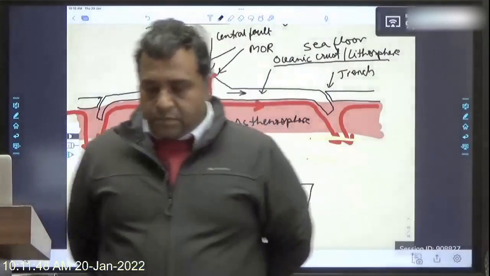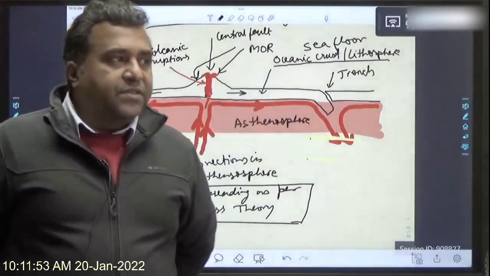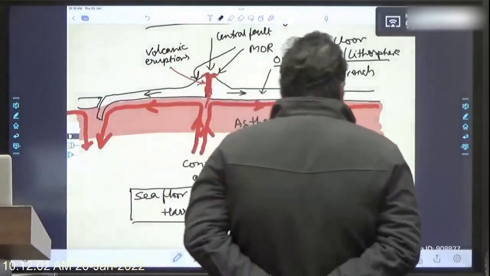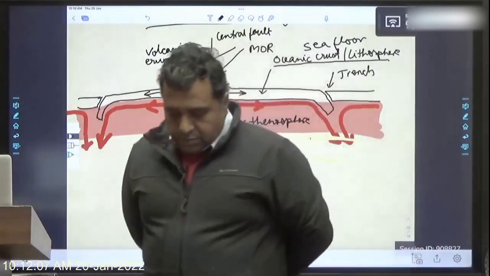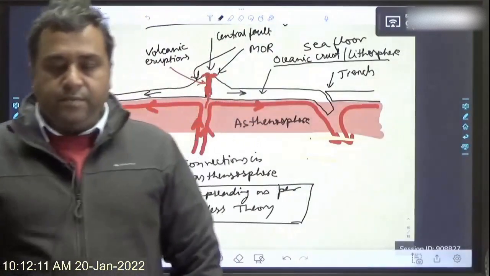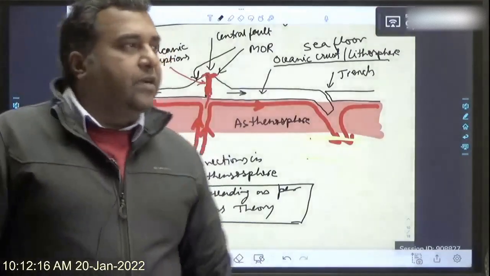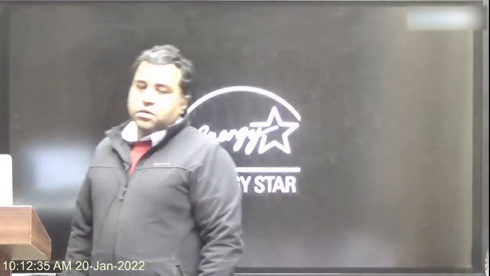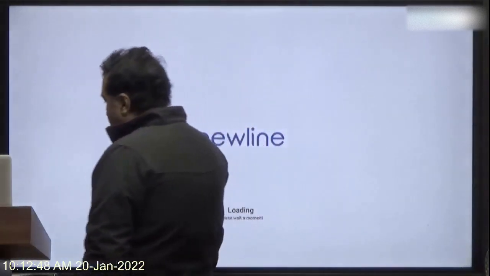Erupting at the central fault and continuously solidifying, erupting at the central fault and continuously forming the mid-oceanic ridges on both the sides of the central fault,